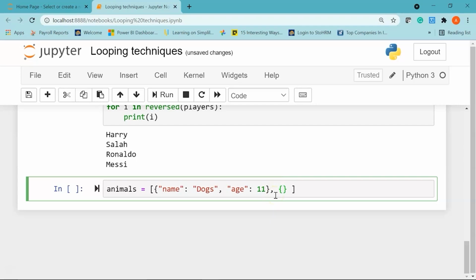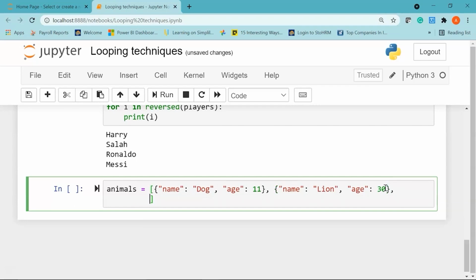I'll create another curly bracket and we'll have the same keys. This time let's say my animal is lion. Let's make it dog instead of dogs. I'll give a comma and then say age. Let's say the age of the lion is 30. I'll give a comma.